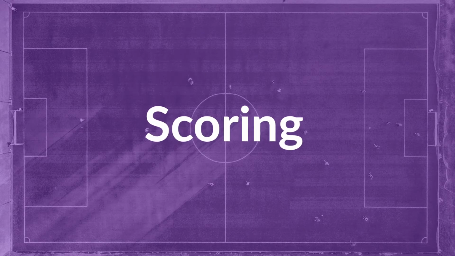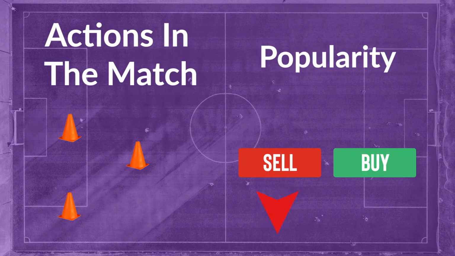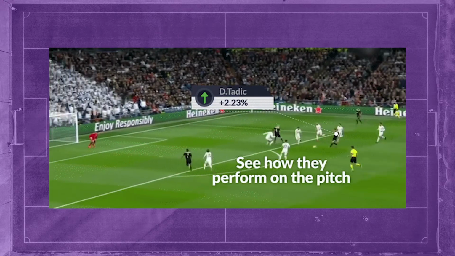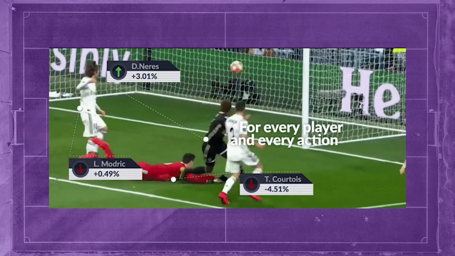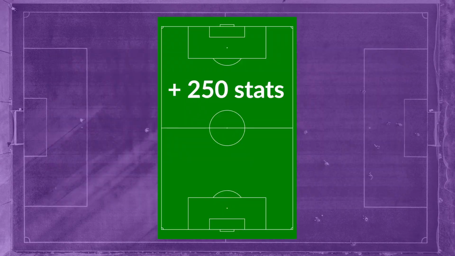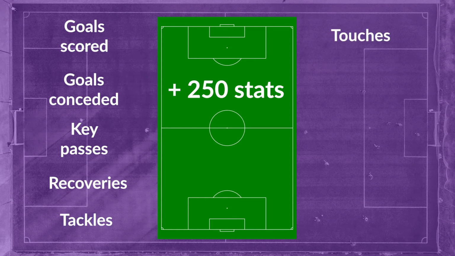A player's stock price is based on two elements: 1. His actions in the match, and 2. The player's popularity on the Kickstox platform. During a player's match, Kickstox collects and analyzes each player's actions. In total, there are over 250 stats that will affect a player's stock price, with each of them having their own impact. Some key actions include goals scored, goals conceded, key passes, recoveries, tackles, touches, saves, yellow and red cards,